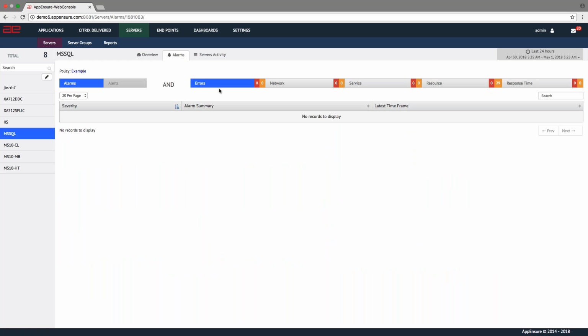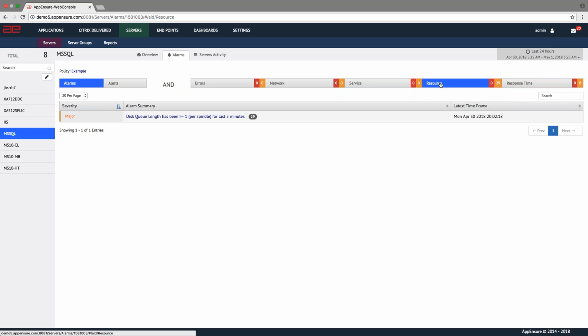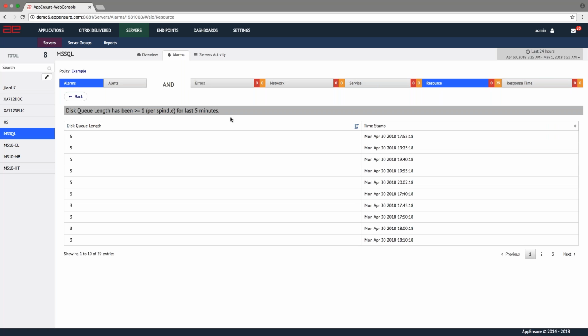And here, I do not have any protocol errors, I do not have any network issues, I do not have any service-related issues, but I do have some resource-related alarms that have been generated. When I click on it, I can see a particular type of alarm having been generated 29 times, and when I click on that particular alarm, I can see that the disk queue length has increased at multiple times